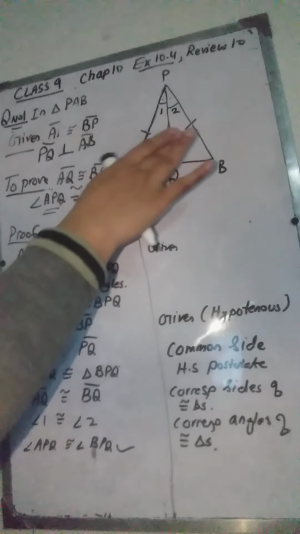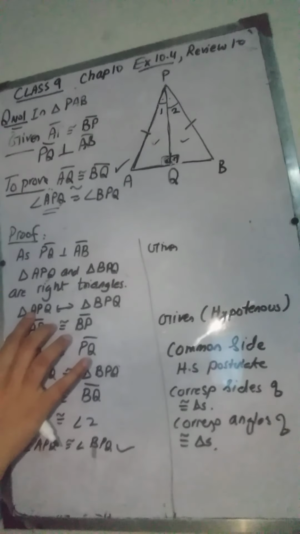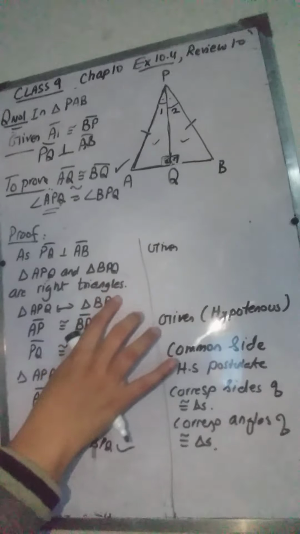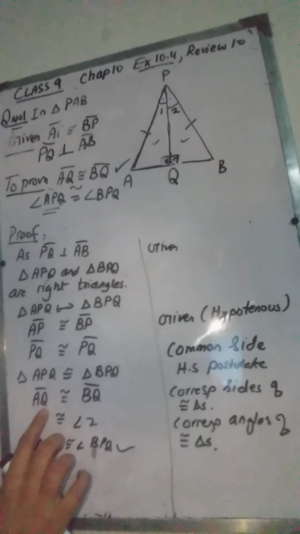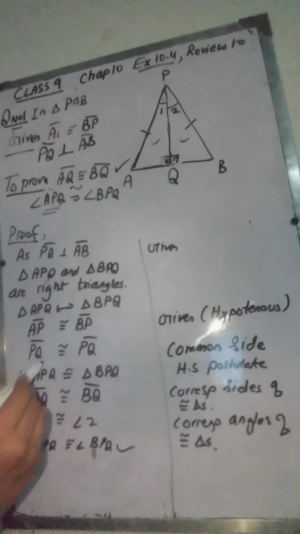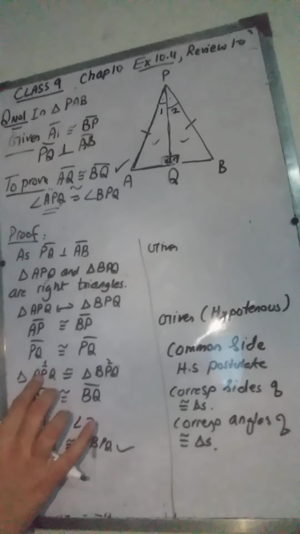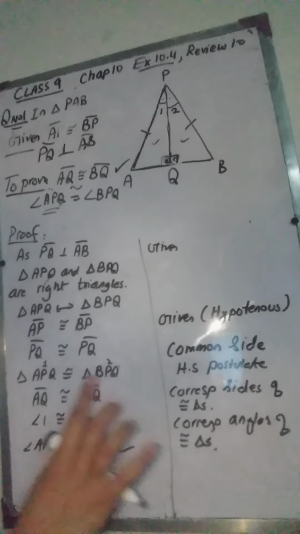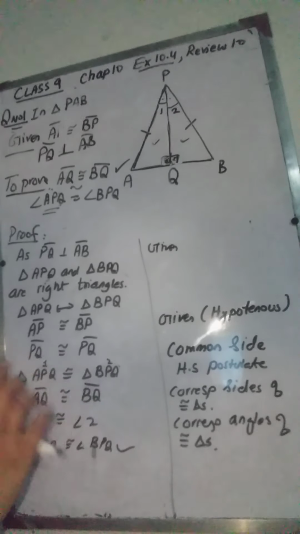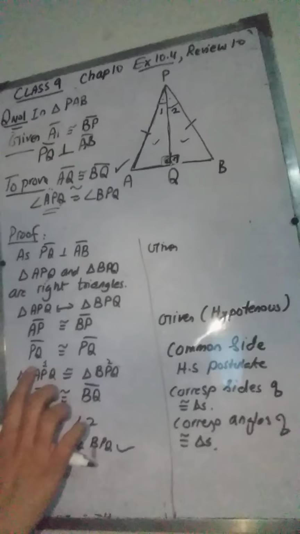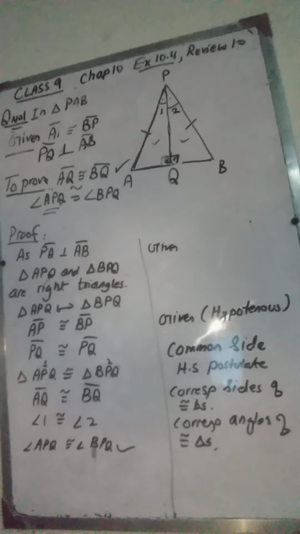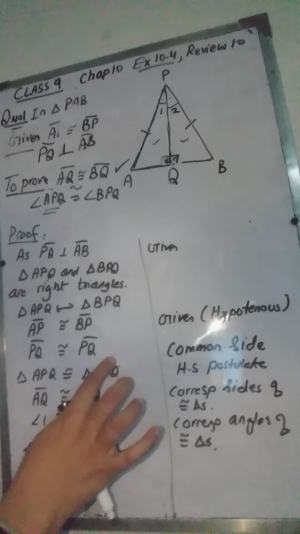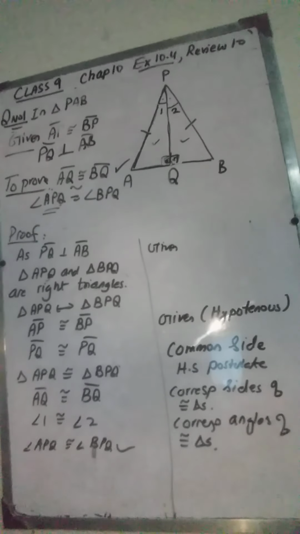First we proved these two triangles congruent, and we took AQ and BQ as corresponding sides, so we could prove them congruent. Also we took angle 1 over here and angle 2 over here, as the angles at the corresponding vertices, therefore angle 1 corresponds to angle 2. The congruency of these two triangles proves the result which they wanted us to prove. This completes the theorem.